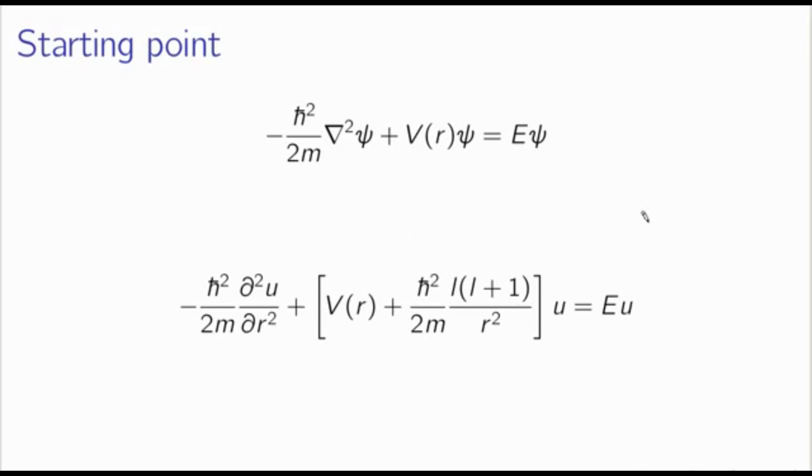The overall context, our starting point, is the time-independent Schrodinger equation. We have this generic expression for the Laplacian, which is related to the momentum, in this case related to the kinetic energy. So this is true in any coordinate system, whether it's one-dimensional, two-dimensional, three-dimensional, etc. If we express this Laplacian in spherical coordinates and make our usual separation of variables guess, namely that psi of r, theta, and phi is going to be equal to some function of r times some function of theta and